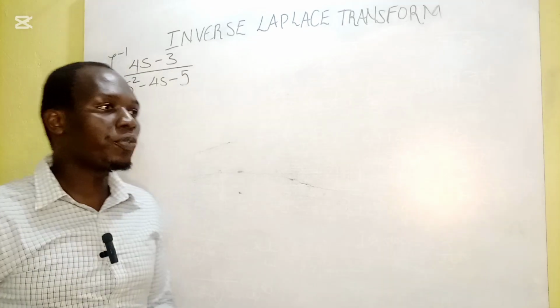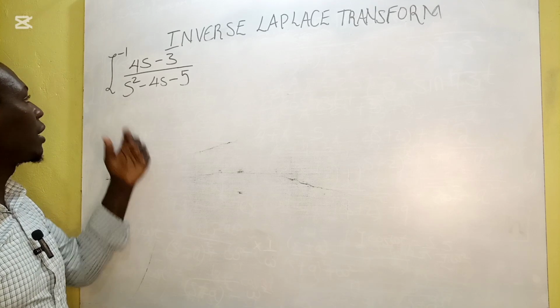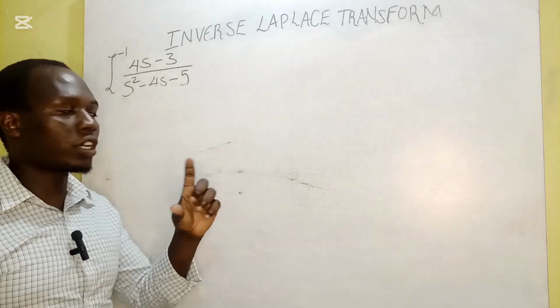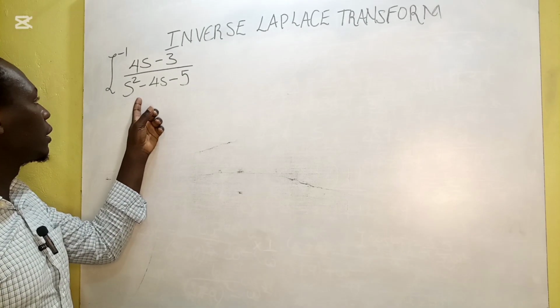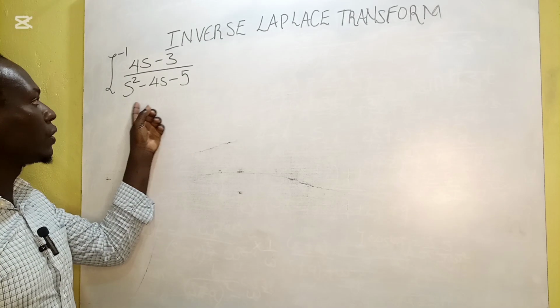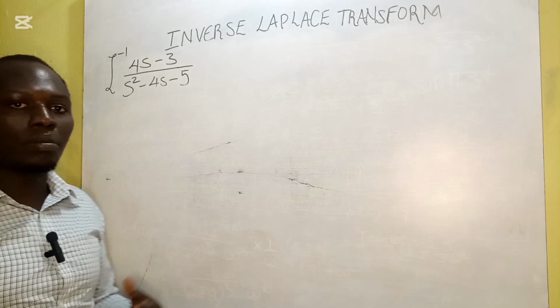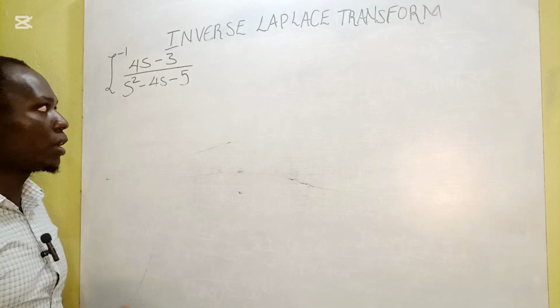Transform. When you've been given a function like this one to find its inverse Laplace transform, the first thing that you must check is the denominator. For a function like this one, we understand that we must use the complete square method. When it comes to the complete square method,